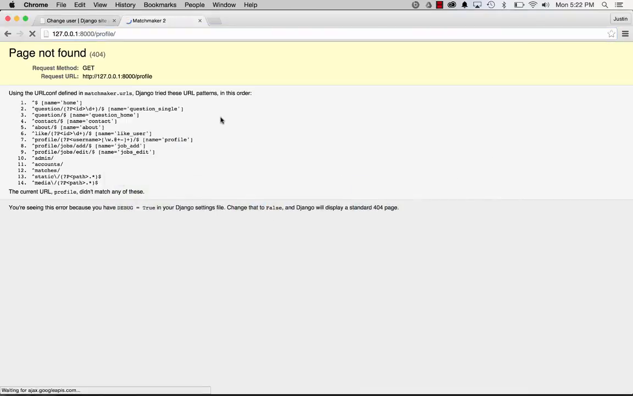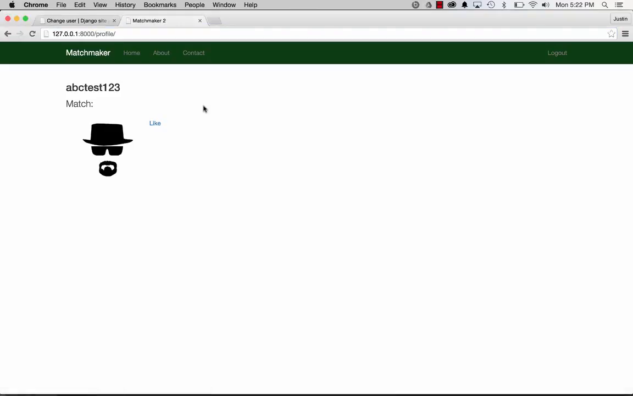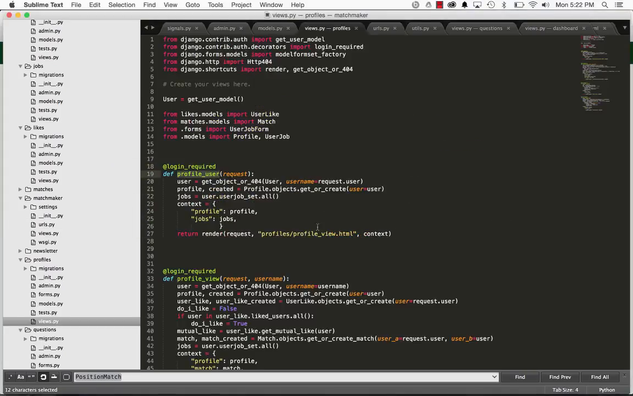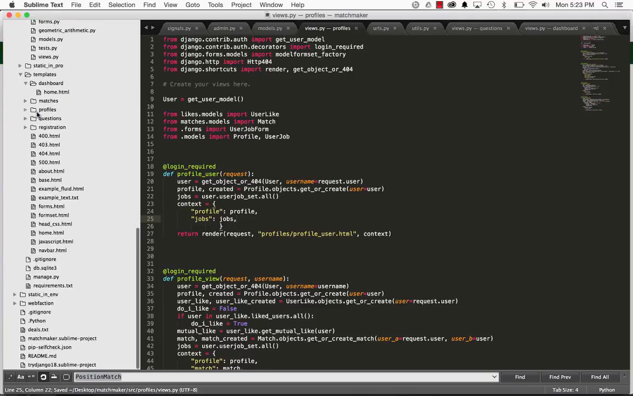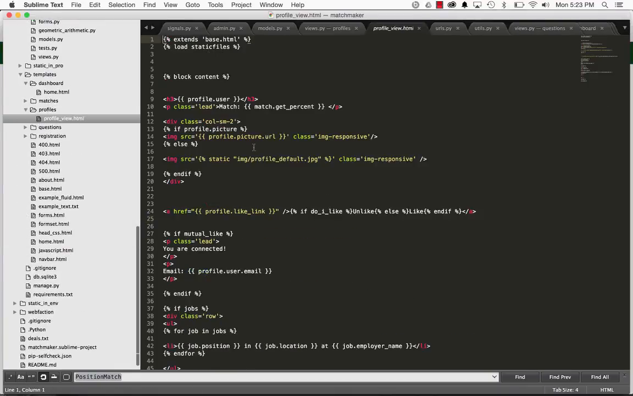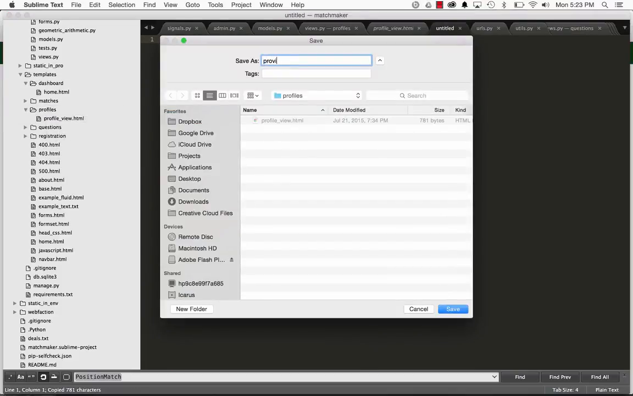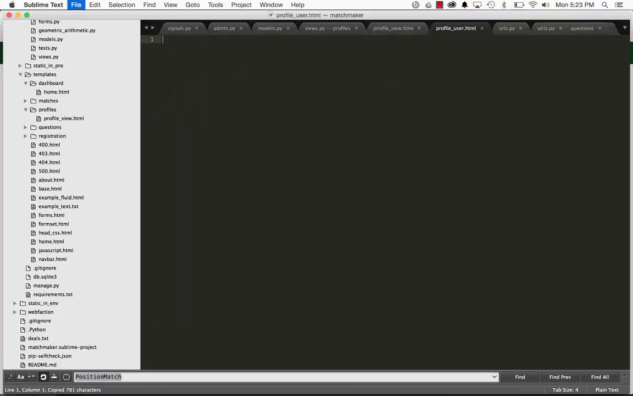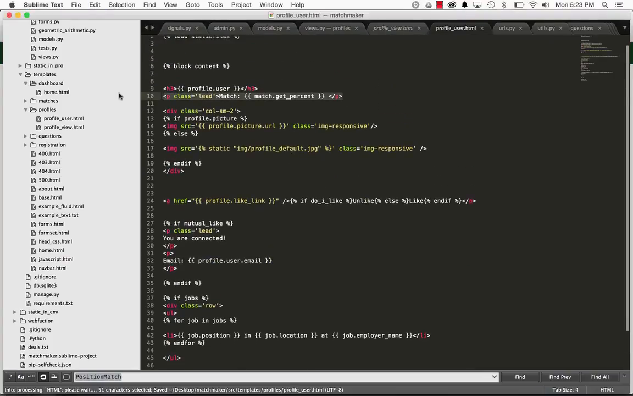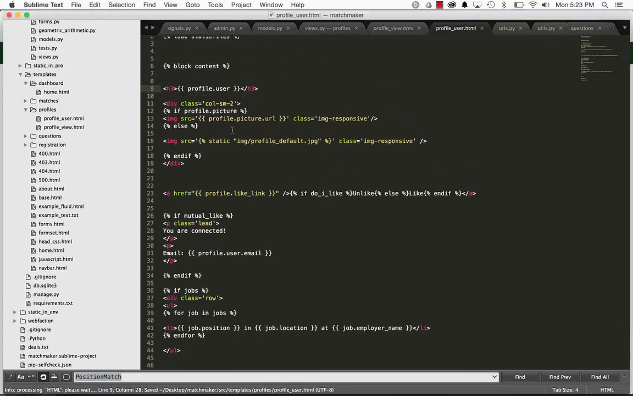All right, so we come back in here, and I refresh, and now I see my ABC test 123 user, so that's me as the current user. Of course, there's certain things that I'm going to want to change here, so I'm going to change this from being profile view.html to profile user.html. So go into my profile view, and I'm going to copy this whole thing inside of profiles. I'll say profile user.html, paste this in here, get rid of this match percentage, and now I'll actually have something for editing our